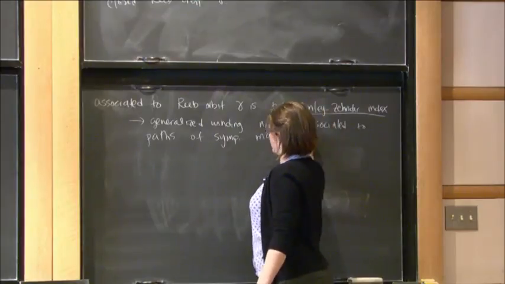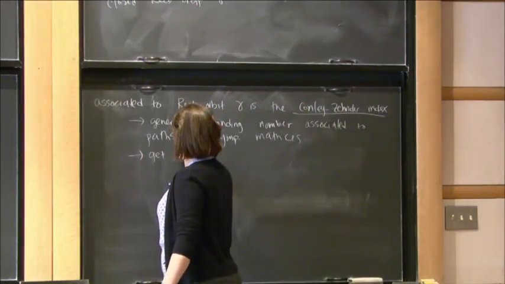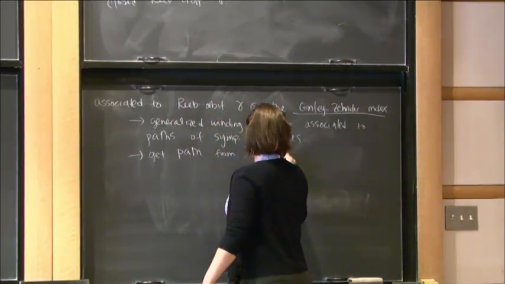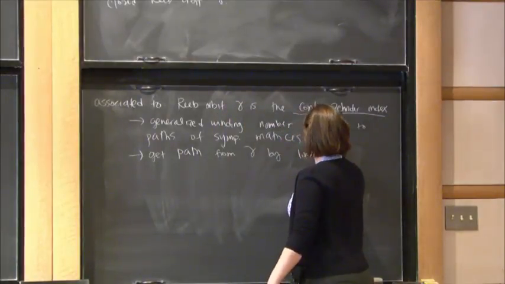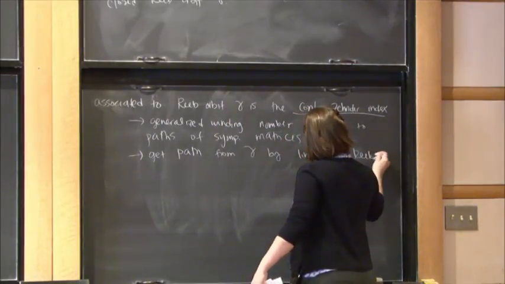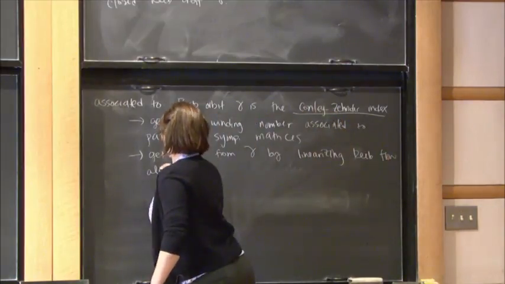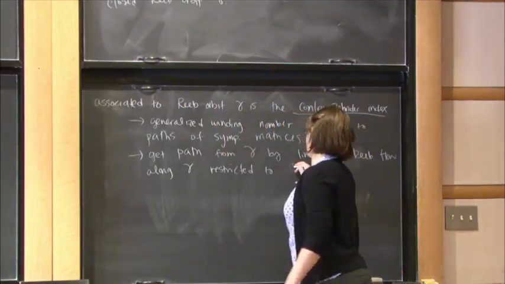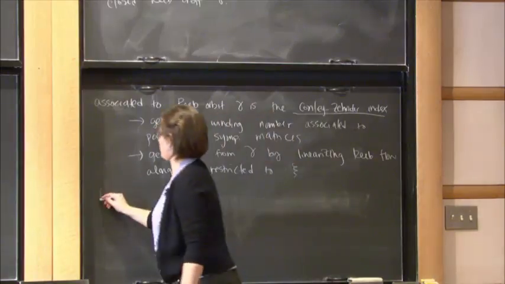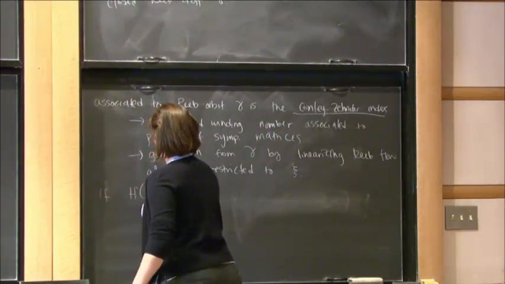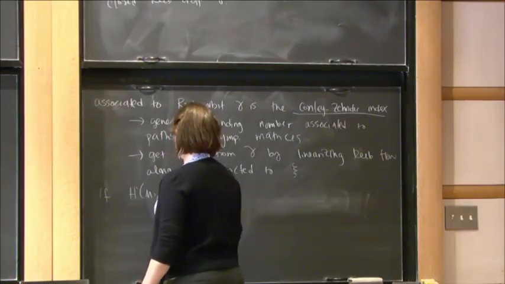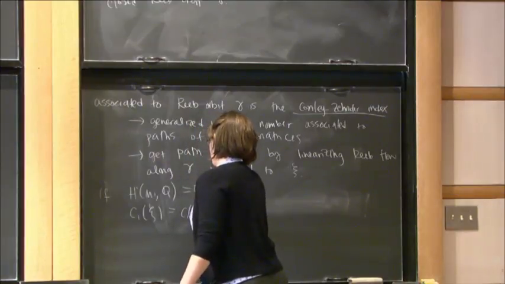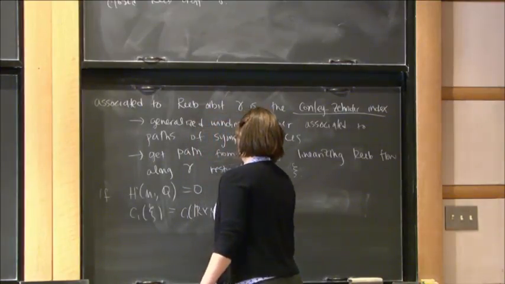And you get this path from gamma by linearizing the flow along the Reeb orbit and then restricted to the hyperplane distribution. And it turns out that if H^1(M; Q) equals 0 and c1 of xi, this would actually be equal to c1 of R cross M, is equal to 0. This guarantees